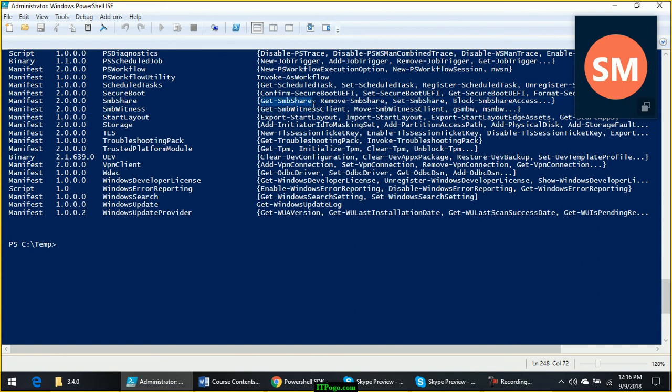If I run this in PowerShell version 2, it will give me an error if I did not import this module before running the Get-SmbShare command. But from PowerShell version 3 onwards, PowerShell has become intelligent. You don't need to first import the module before you run the command.